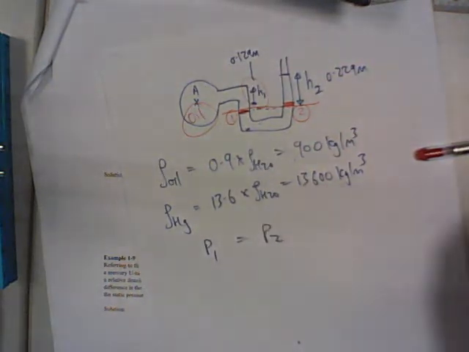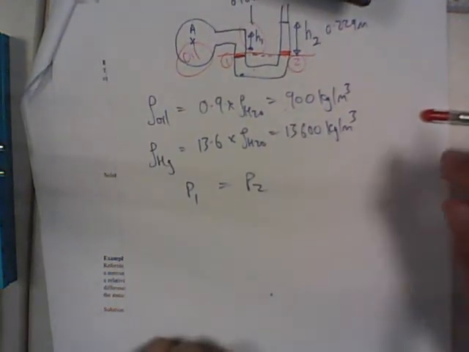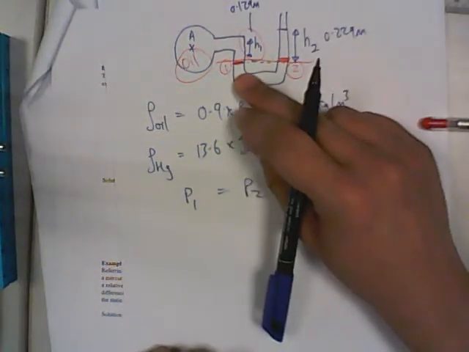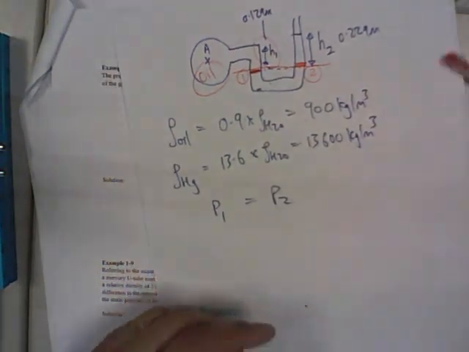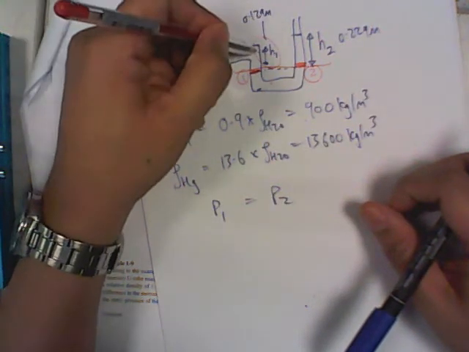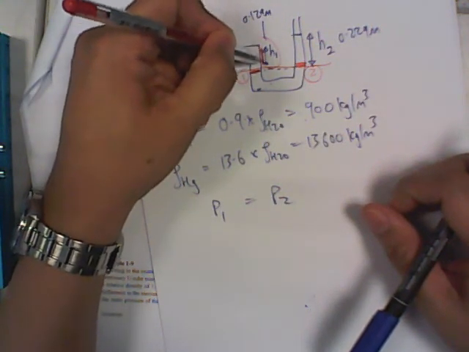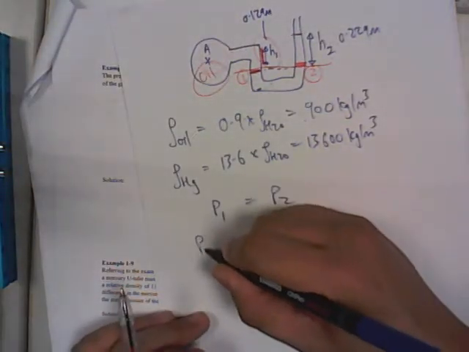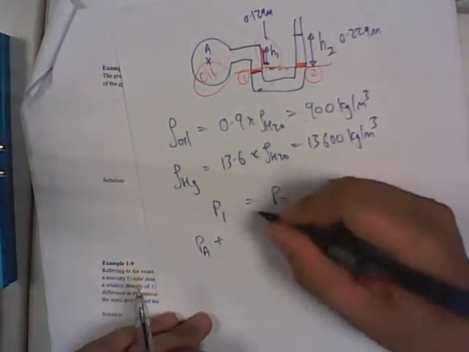P1 is equal to P2. This is how you should approach the problem here. P1 is equal to P2. So what is P1? P1 is basically the pressure at here plus the height contribution by H1. Okay, so it is at PA plus